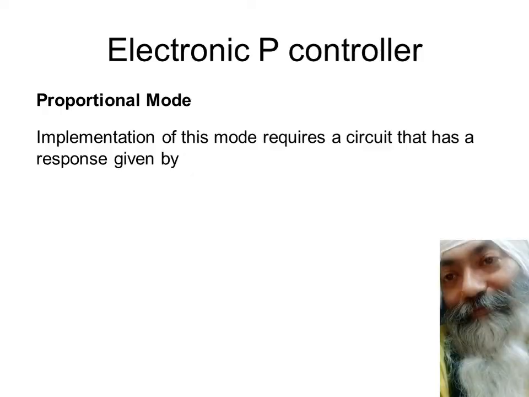Hello friends, we are back and this time we are going to see how we realize a proportional controller, or a controller in the proportional mode, in analog controllers using electronic circuitry. Analog electronic circuitry, that is, making use of op amps alone. We already have seen how we make use of op amps to create an error detector.